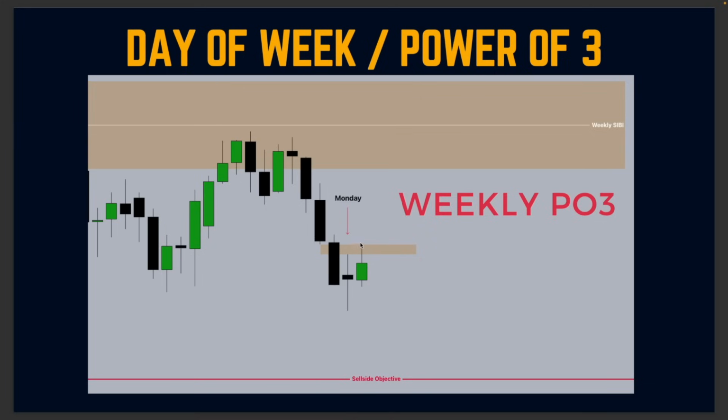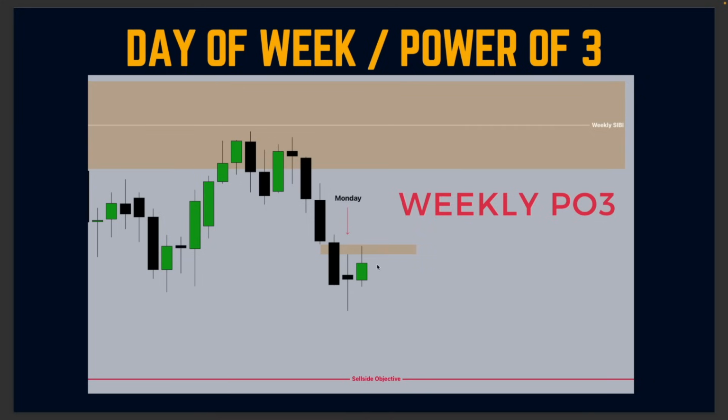You can see also another algorithmic signature. We did not even reach the high of this, right? And we didn't even reach this daily fair value gap and then displaced away, right? That's another algorithmic signature telling us that what? Price is weak, okay? But this is how, when a new week opens up,